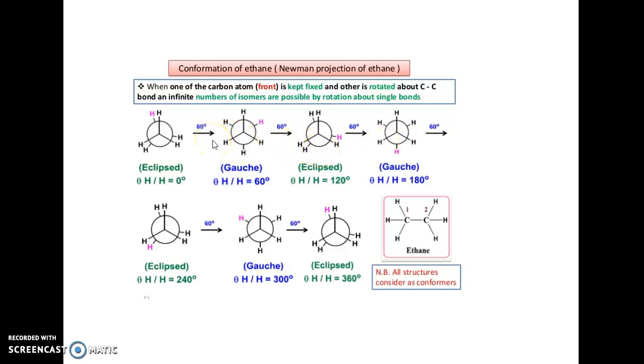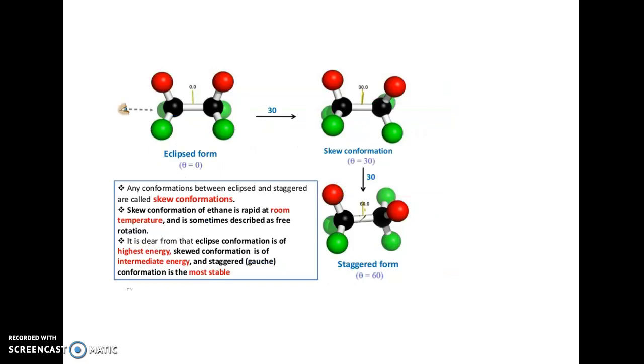Starting from 60 to 360, we have an infinite number of conformations. This is how we can talk about conformations and the infinite number of isomers possible by the rotation. So this is the model view of the eclipsed form of ethane,